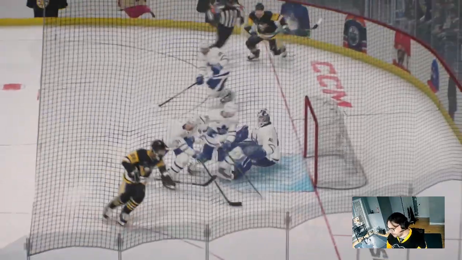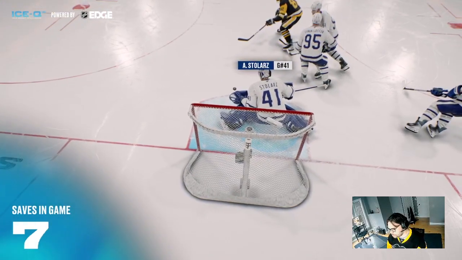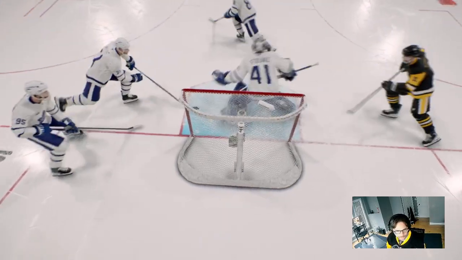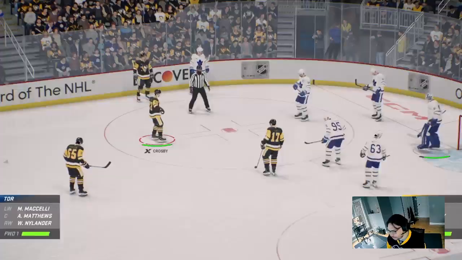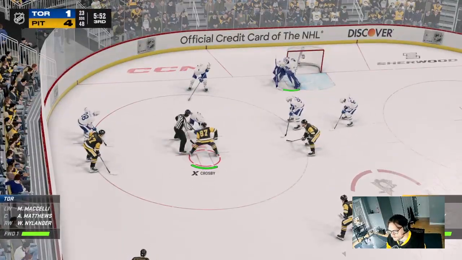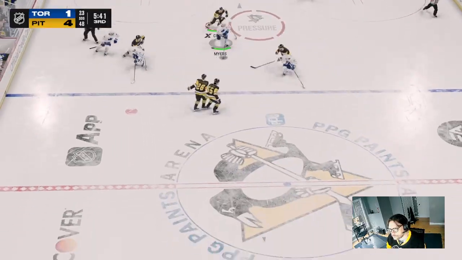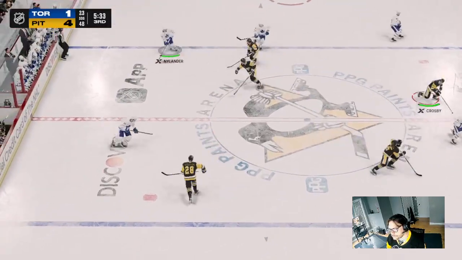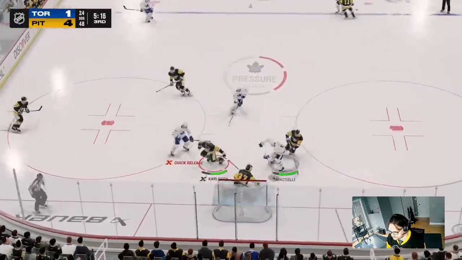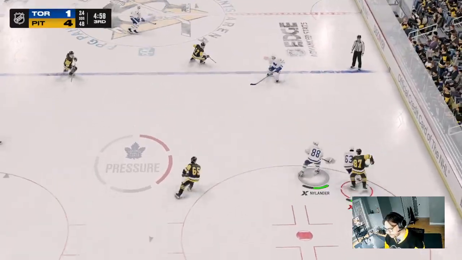As we look at the handiwork once more of Anthony Stolarz. Matthews. Cross and the rebound went wide.